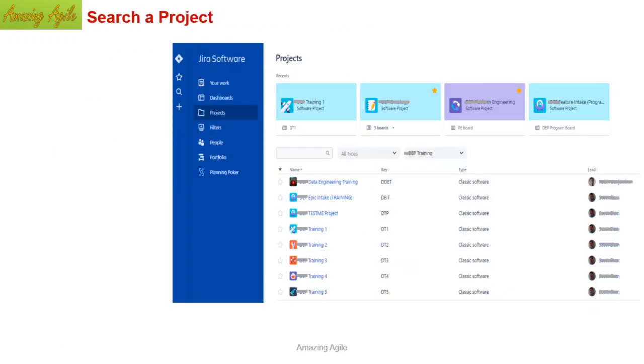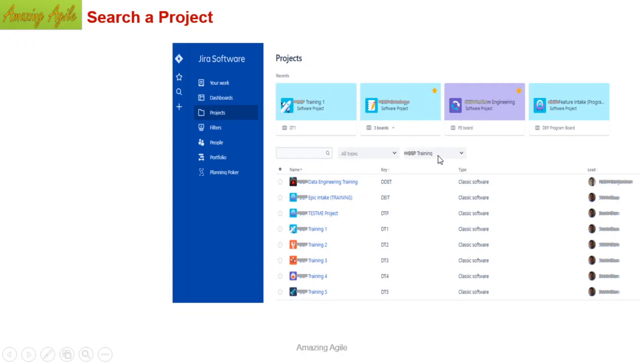Here is the screen. Once you come to the dashboard, your dashboard can look like this. Or if you click search a project, you will end up with all the projects you have searched earlier, or it is blank if you have not searched anything. These are the projects you have searched already, and a couple of them are starred. It means you have marked them as a star through this button. If you search more projects, the list will keep changing. However, these two will remain unchanged, like pinning them here.